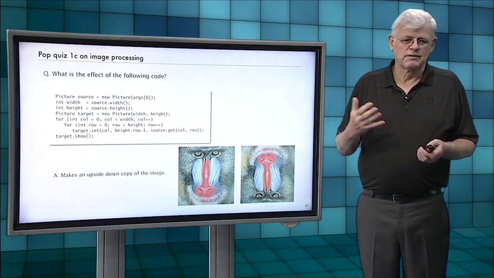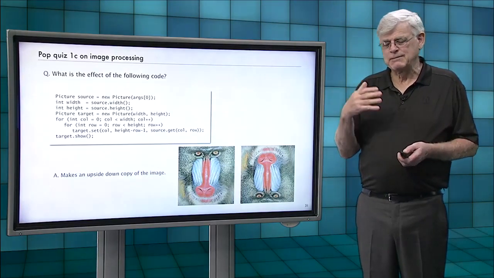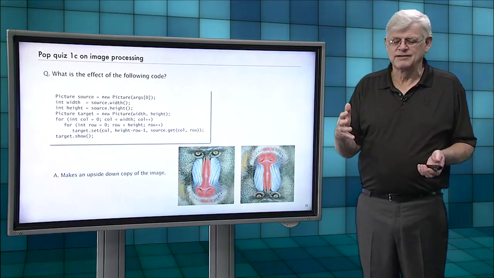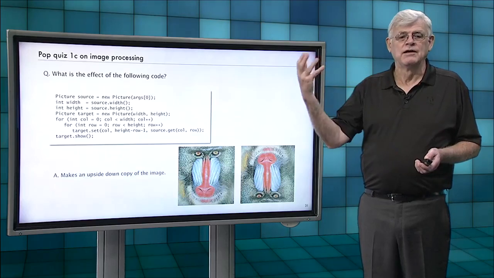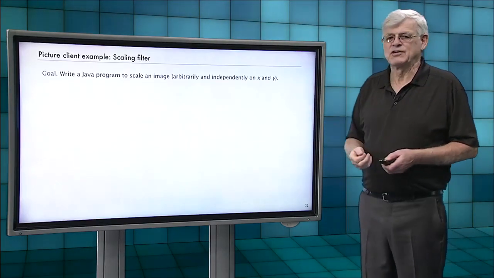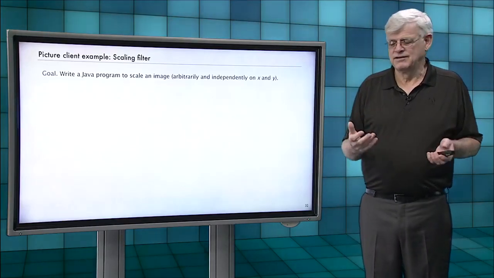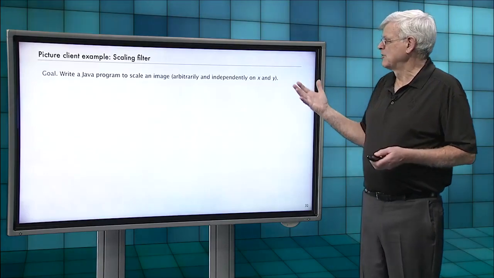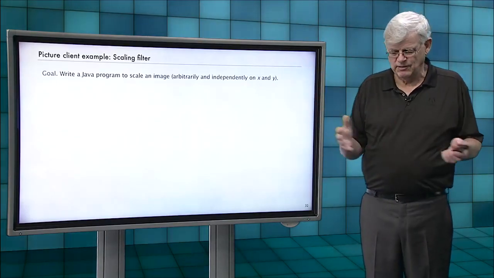But lots of our pixel processing programs have this same concept of going through every pixel and setting it to some value. Maybe it's a value that is a function of the value in some source. So this is a classic example, a scaling filter. And this one is useful in lots of contexts. So what we want to do is write a Java program that will scale an image, kind of arbitrarily and